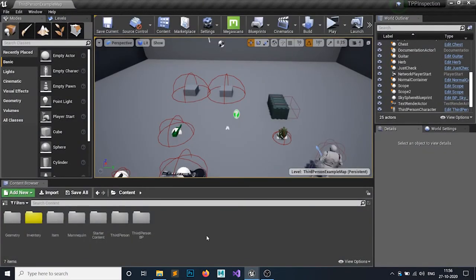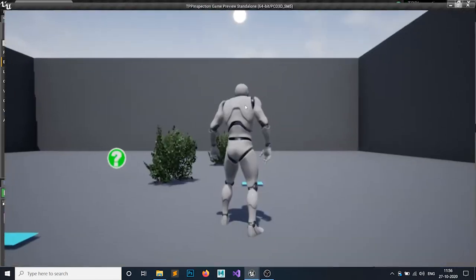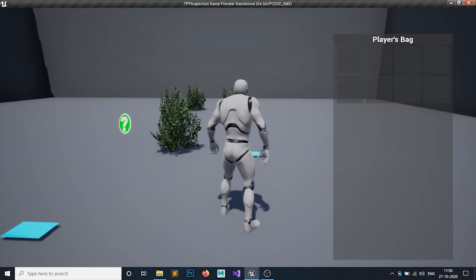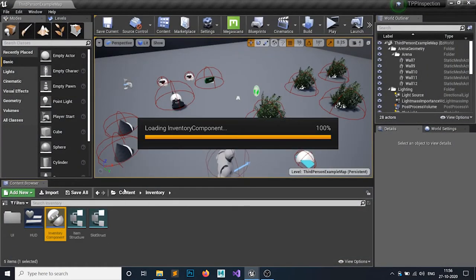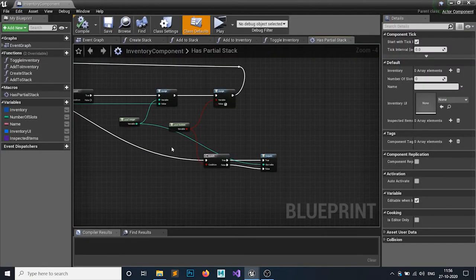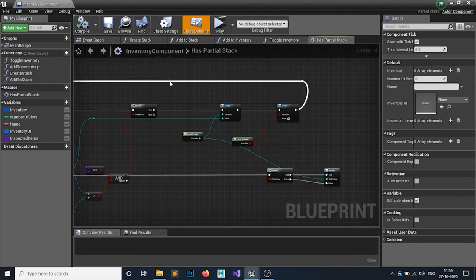Maybe this is a two-part series, but before doing so I want to do some setting up for our inventory. So let's open your inventory system, this one. You can see we have this inventory, but open your inventory component. I want to position it based on your inventory type.